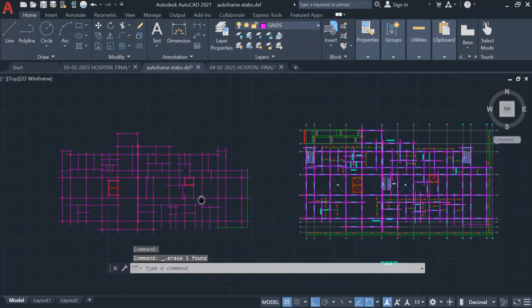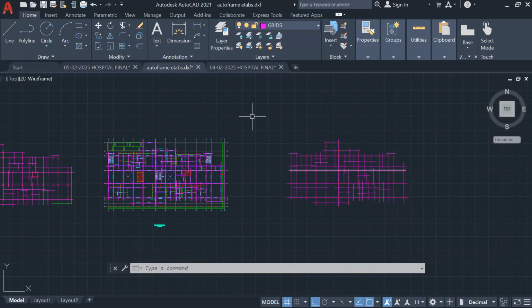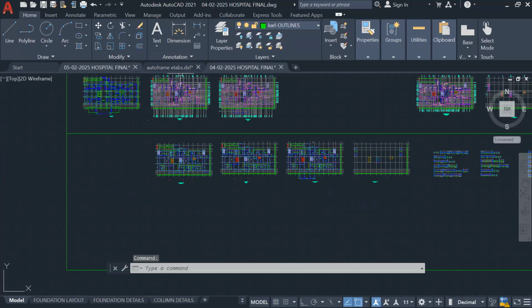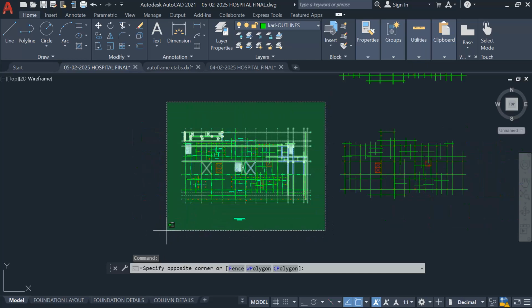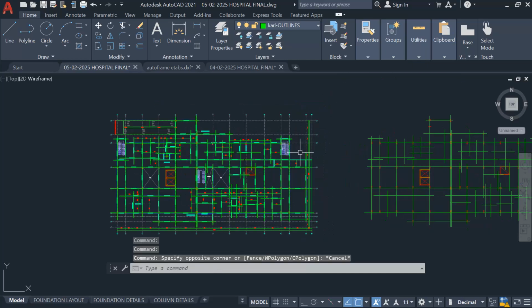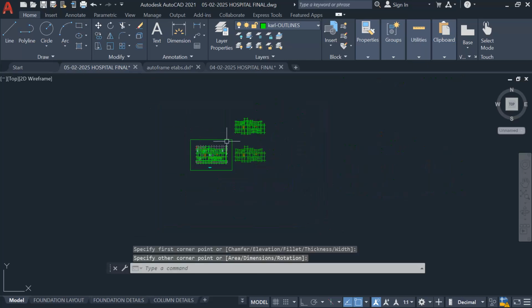Okay, so now you have this as your outer frame. Now supposing you have two different typical floors, let's say from typical 1 to typical 4 we have one typical, and then you have another from the 5th to 8th floor. So what you're supposed to do in that case, let's make use of this. You have this, you just do something like that,